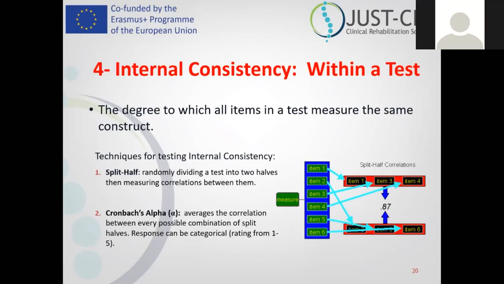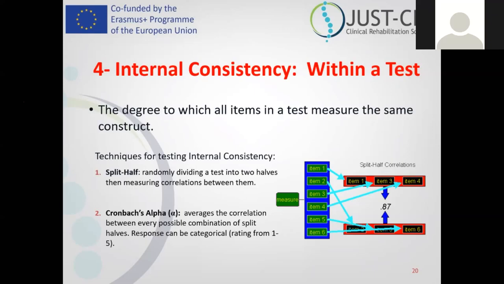For the first method, we divide the items within the whole instrument into 2 halves. Then we measure the correlation between the 2 halves. It should be highly correlated if the instrument has high internal consistency. The second method is Cronbach alpha, and this method uses an average correlation for all possible combinations of split halves. So for example, in this picture to the right side of the slide, right bottom side, we